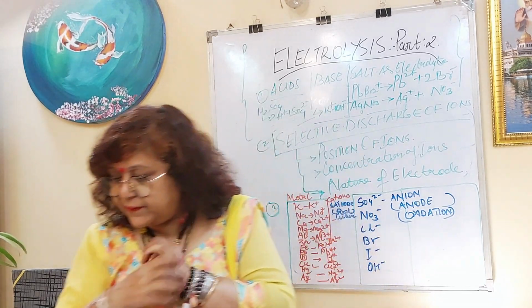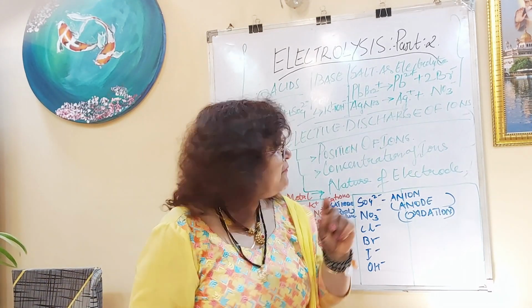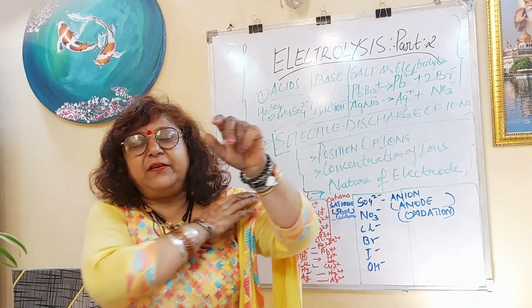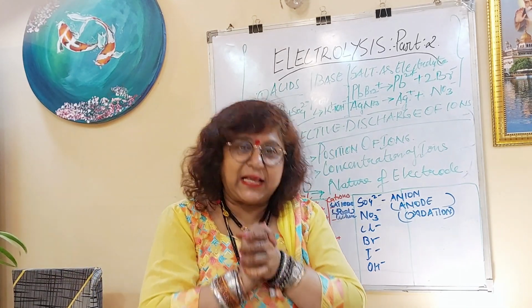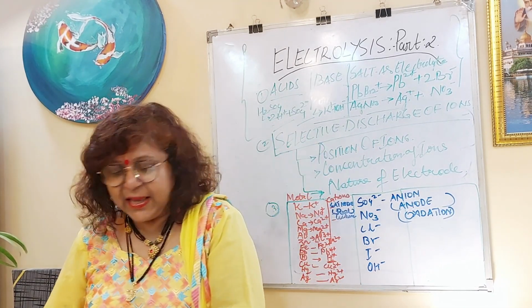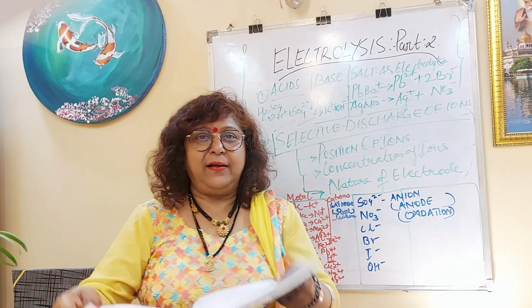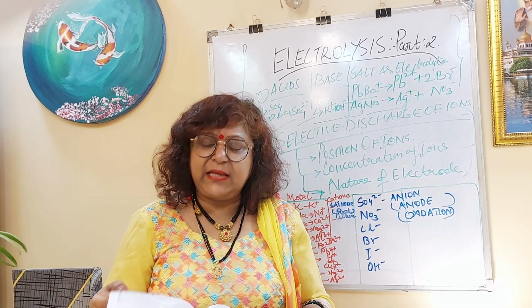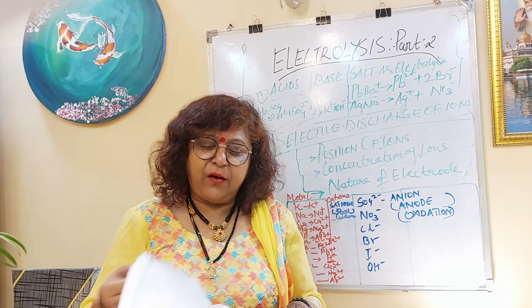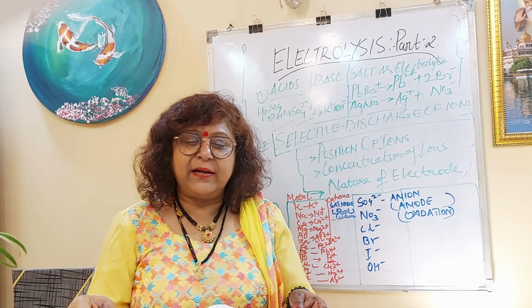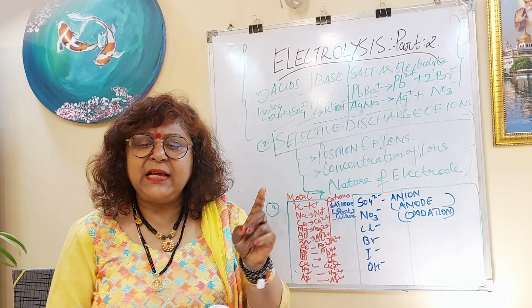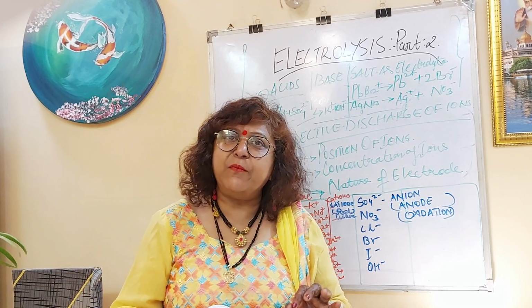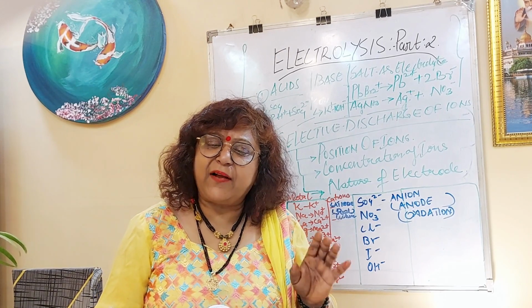In the second part of the lesson, I have written some points here. The first part of the lesson will be the electrolysis of an acid, electrolysis of a base, and electrolysis of a salt. So keep it under your heading for an acid, for a base, and for a salt. Now what will you do here? You can write here that acids, when dissolved in water, dissociate into free mobile ions,